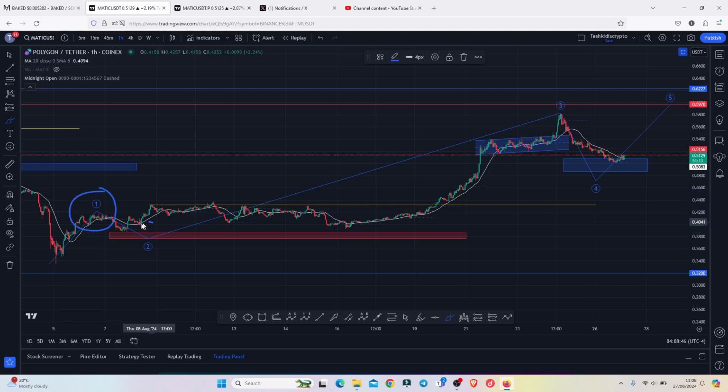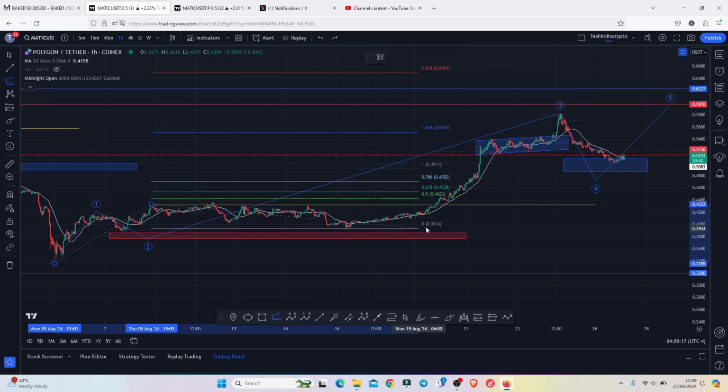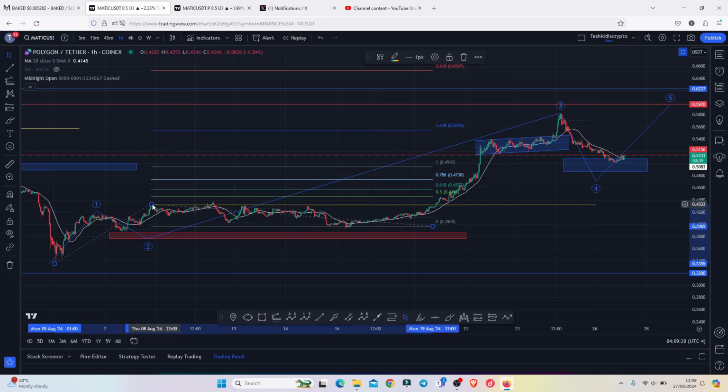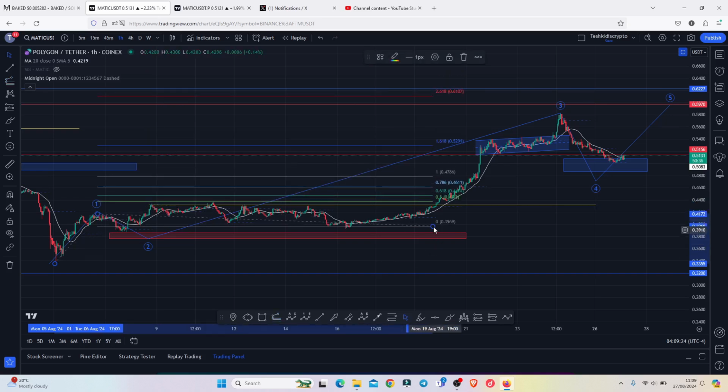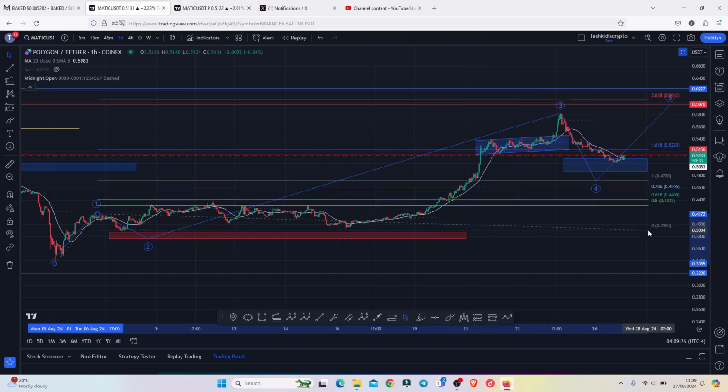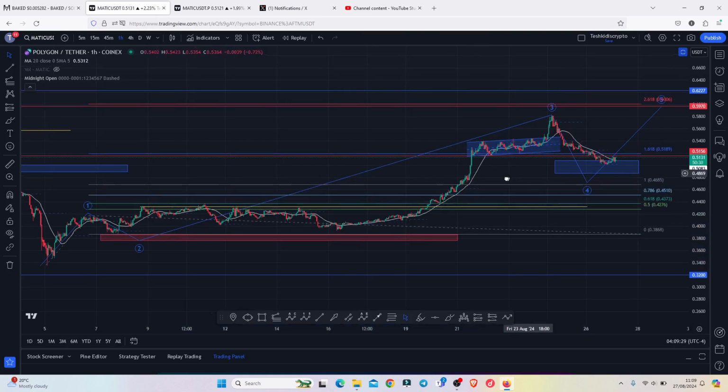Then we saw a bit of a corrective structure in the formation of these Elliot count 2 into the minimum target areas highlighted on the charts using this red target area, and we almost fully maximized the target area before we finally saw another breakout to the upside in the formation of these larger Elliot count 3, whose minimum target areas I gave you by connecting the trend-based Fibonacci from the low of the first wave to the high of that Elliot count 1, then dragging the fibs to the low of the second wave, giving me a minimum target area for the third wave at the fib level 1.618, which is an area that we fully maximized above the